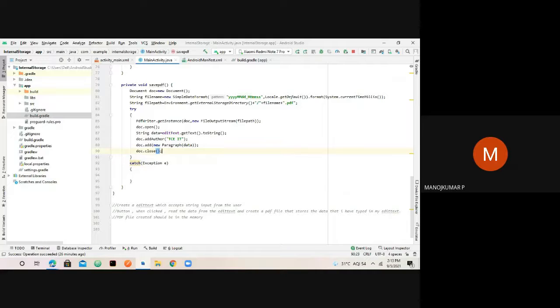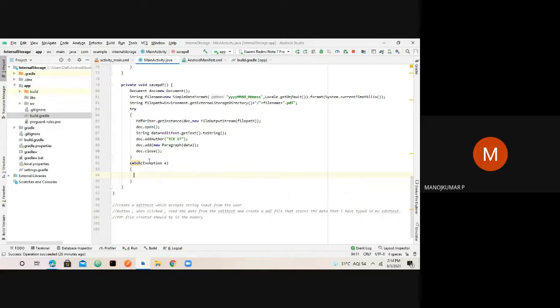You have to do it manually. While opening a document and closing a document, you may find exceptions that may occur based on certain reasons. Maybe the permission might not be granted. So for that case, we have used this try class. Okay, keep that in mind. If there is any exception, it will pop up things, right?